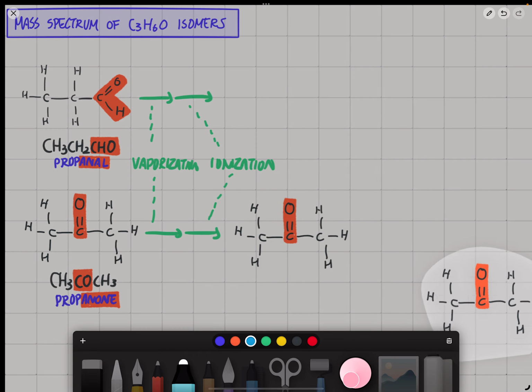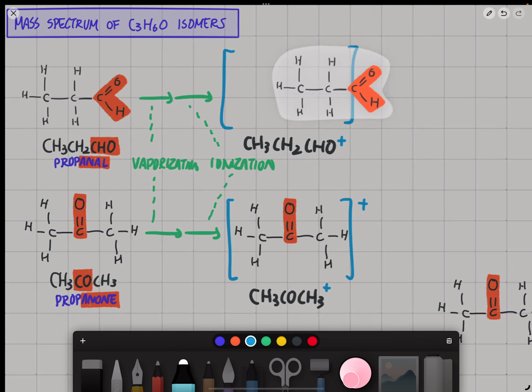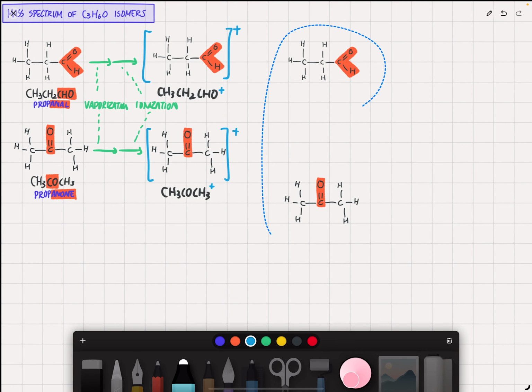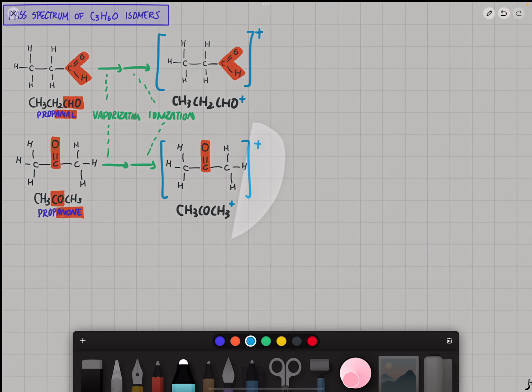So let me copy this for use later. So you have a positive charge molecular ion coming from propanol, which you will just write as CH3COCH3 plus. And from propanal, you will have the same thing happening: CH3CH2CHO plus. Note that in ionization, you knock out electrons, so you form a positive charge ion. So this is CH3CH2CHO plus, like that. And just like we discussed before, these molecular ions will undergo fragmentation